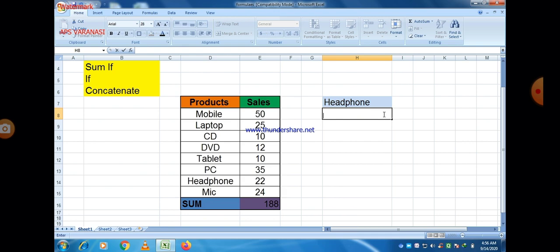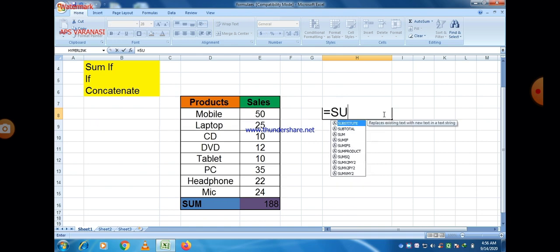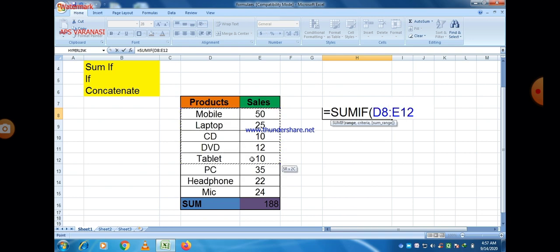So we know that all formulas of MS Excel start with the equal sign. So first of all, just write equal and then write SUMIF, and as you write SUMIF, a formula appears, and when you click on that, we can see the syntax also. So the first one is the range. We have to select the range. So what is the range for that function? Here we just select the content of the table, that is the range. Means all product and sell.